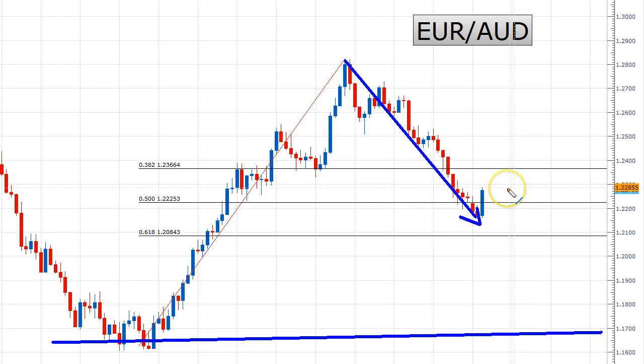And I think that there'll be a good opportunity to do that pretty soon here, especially if this bounces right off the 38 and shows strong continuation. I'll be looking to get in here or here or here or here based on that. And so that's something to keep an eye on there.